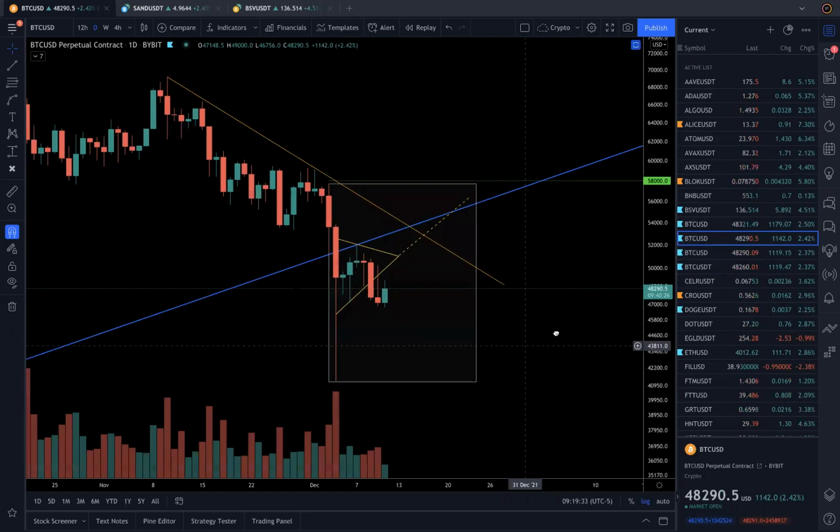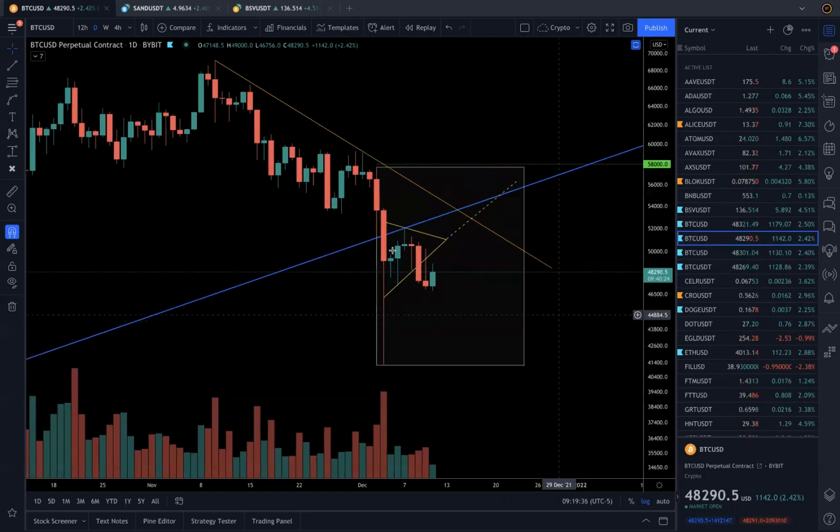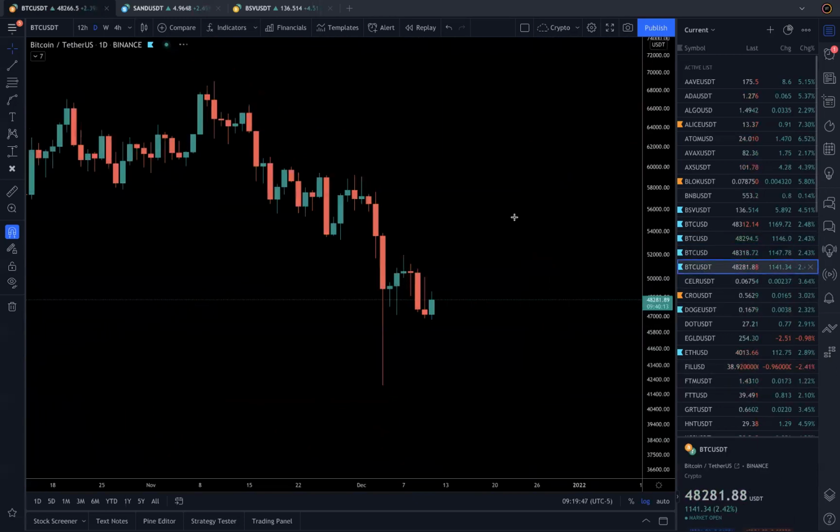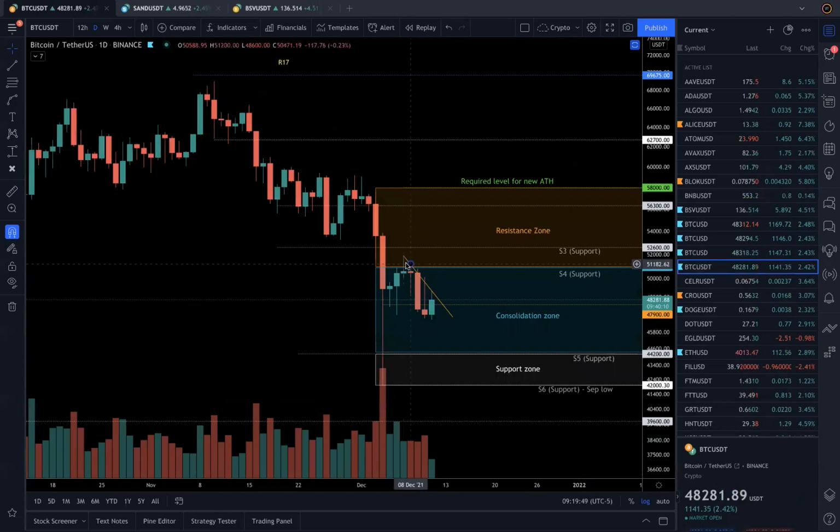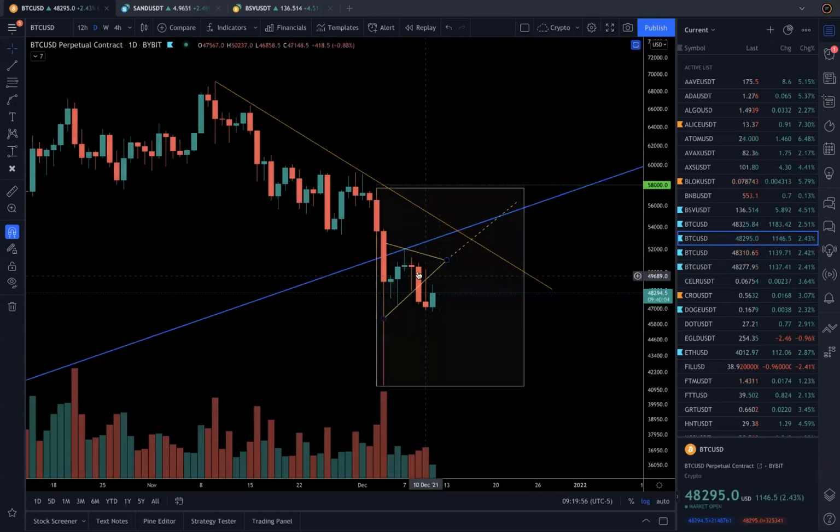This is Bybit. Okay, so in this layout, what I depicted earlier, the inner structure, this triangle was broken, and then it tried to re-enter, but it failed. It's the same thing as we saw here, where it tried to break above S4 multiple times, but it didn't, and this particular candle broke the structure. And here the depiction is different. Why? Because each time it was getting rejected, it was supported by the yellow line.